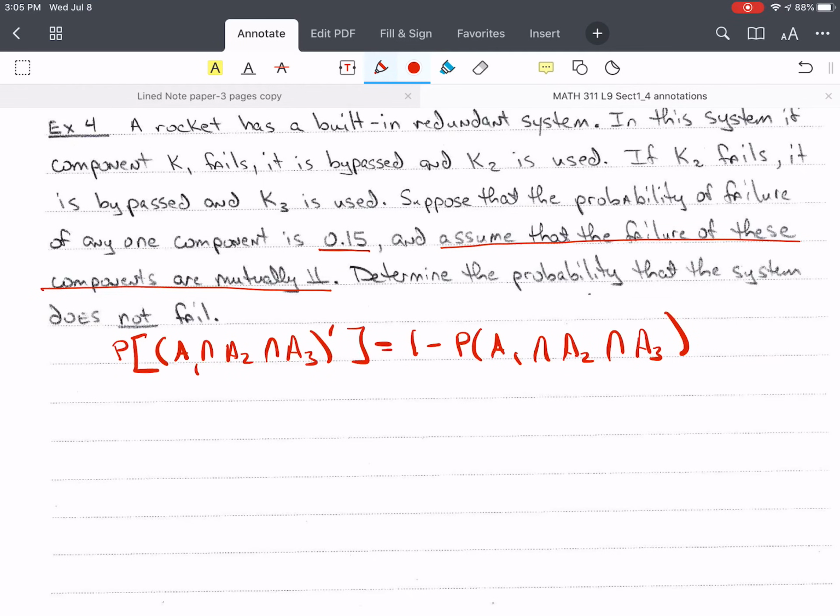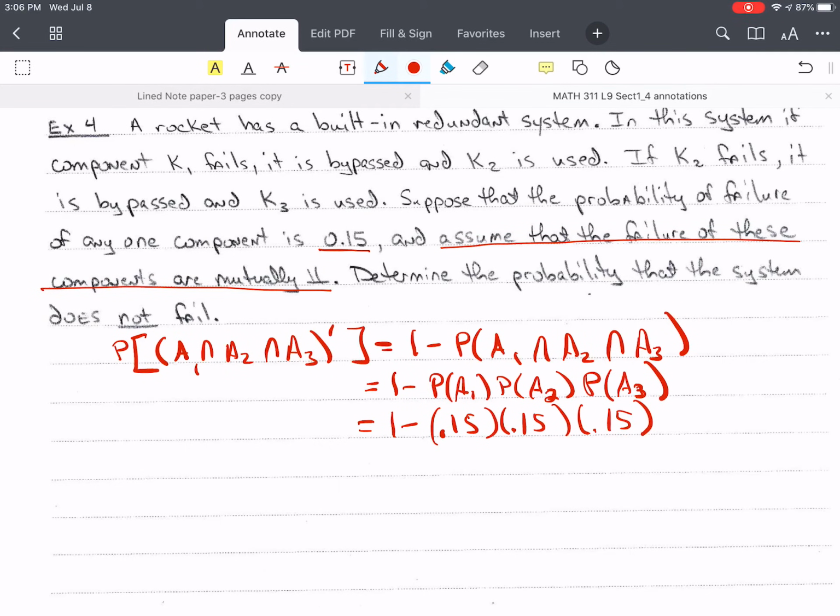And because these are mutually independent, this is equal to 1 minus the probability of A1 times the probability of A2 times the probability of A3, which is 1 minus 0.15 times 0.15 times 0.15 equals 1 minus